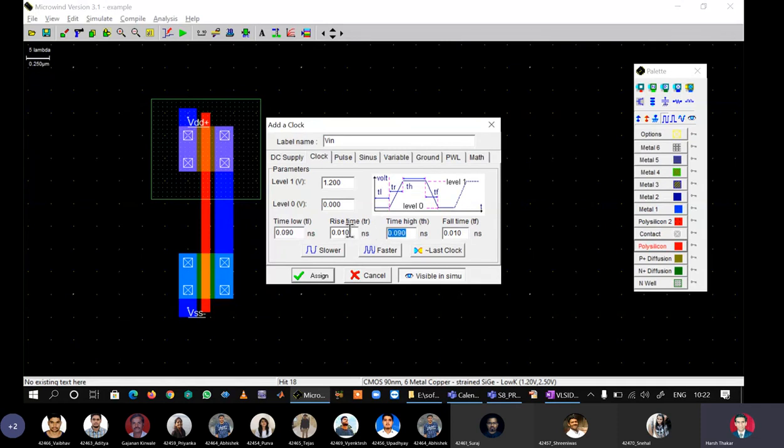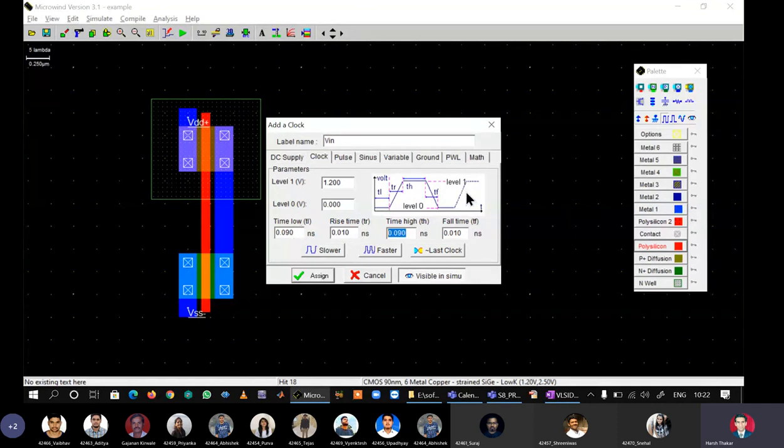You cannot make them 0. Okay, so if I do a summation of T on and T off, it approximately comes to 180 picoseconds. A reciprocal of 180 picoseconds time period comes out to be approximately a little bit more than 5 gigahertz. So I am going to apply a 5 gigahertz clock.